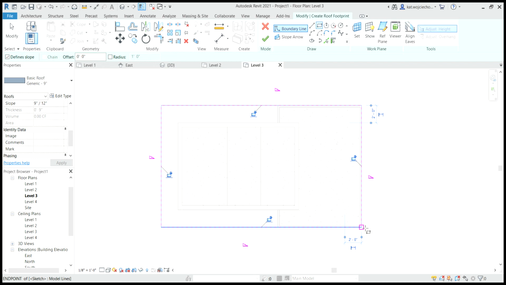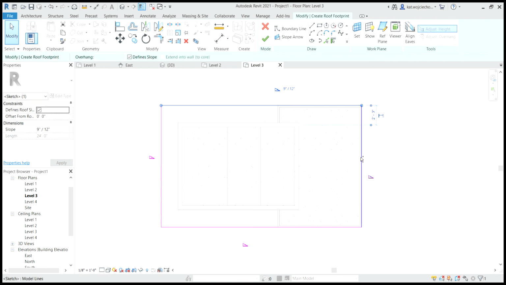go. Now for our roof, we want it to have a slope, so we're going to hit escape twice, select that line, that line, that line, and we're going to uncheck defines slope.